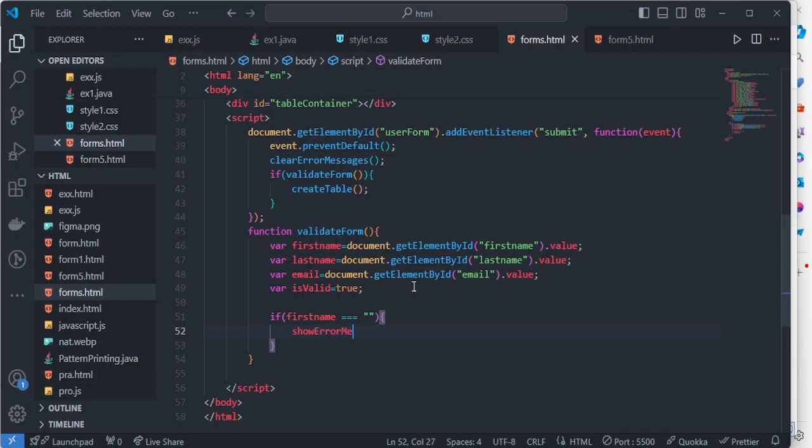We are using that here to show the error. Inside this, I'm giving firstName, comma, you have to enter what to display. If firstName is required,